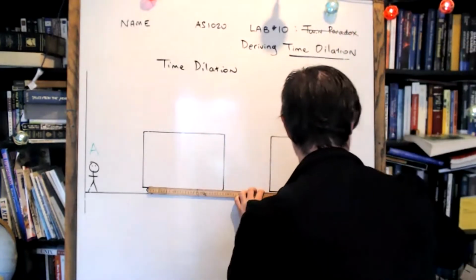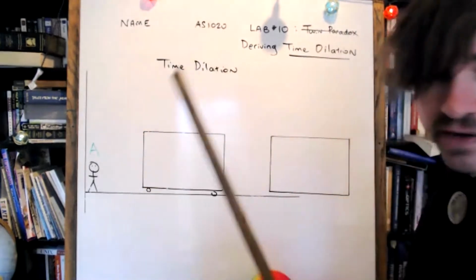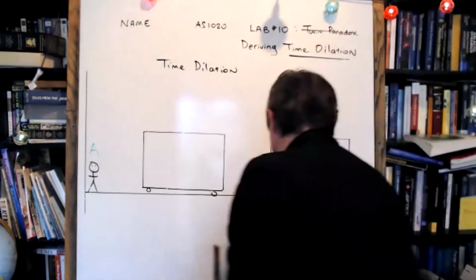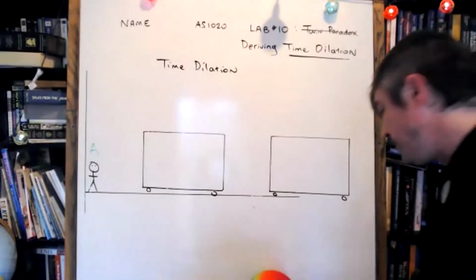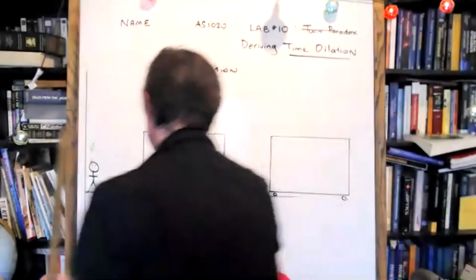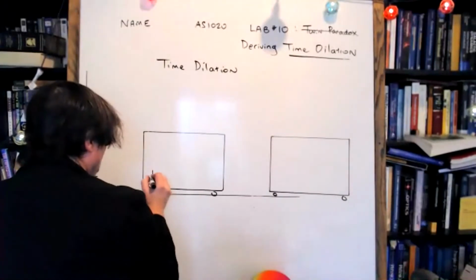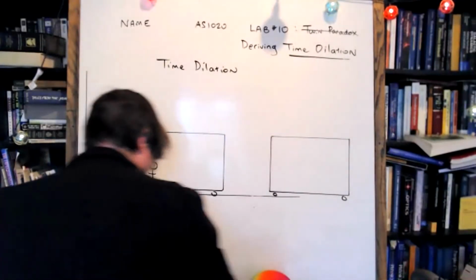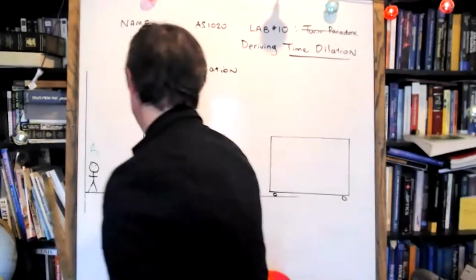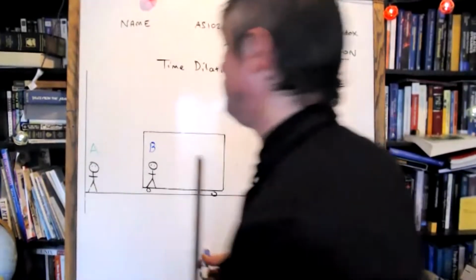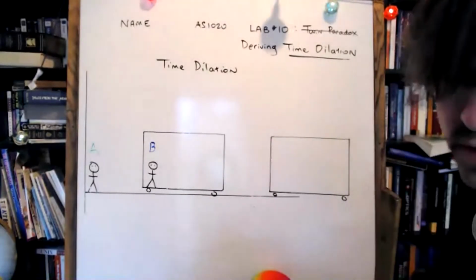Okay, so follow along with me. I want you to draw all this stuff as part of your lab today, okay? That's the learning, is the copying and the watching, okay? Now, we're going to put observer B inside the train car moving at a very constant velocity. And to keep our theme of non-threatening colors, B's frame of reference will be represented by a blue marker, okay?